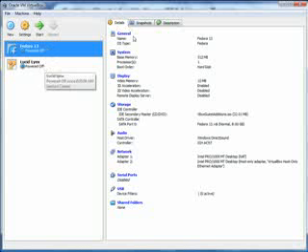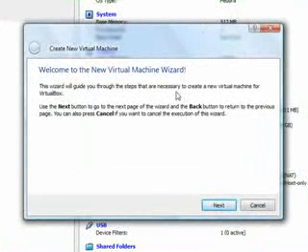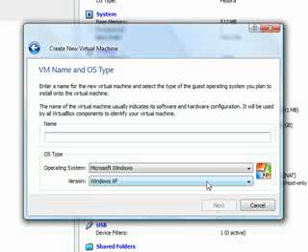Okay, so we have VirtualBox started, and as you can see, we have the two virtual machines that I've already set up for our test systems. But since we want to create a new one, let's go ahead and click on New. After the welcome screen, just click on Next. Now we enter a virtual machine name, and I'm just going to call it Fedora Test, or TST. Then make sure you select the correct operating system and the version,